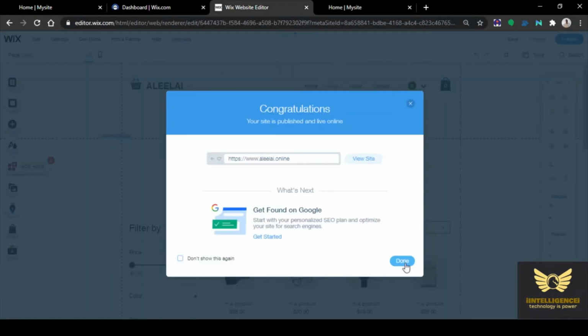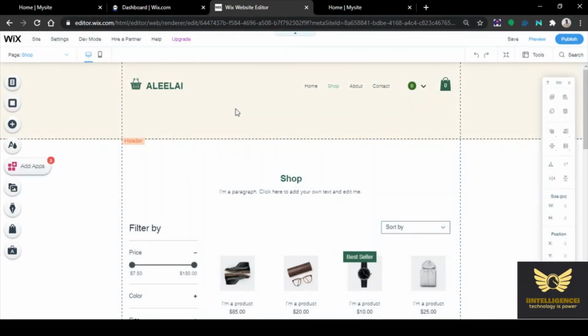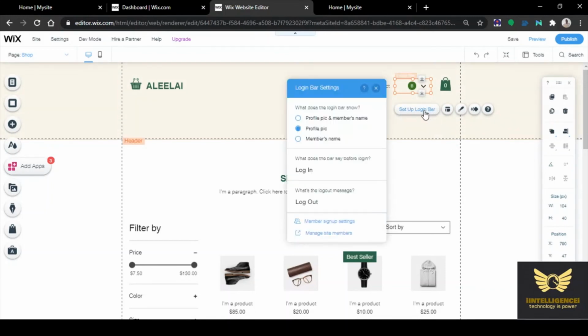Click done. Just set up login bar. Click login.